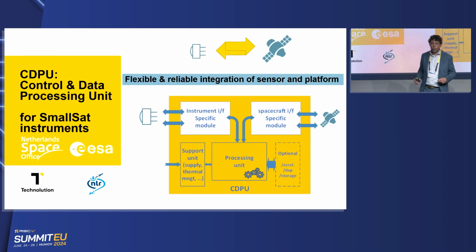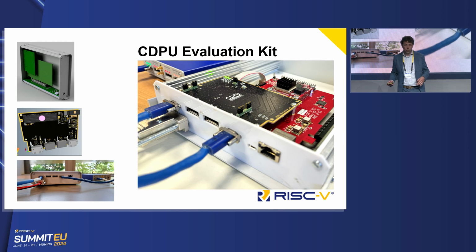Now going back to the control and data processing unit, so instrument control logic for instruments in small satellite platforms. As said, we have good knowledge about FPGA designs. We have our own RISC-V processor cores, so let's also bring those RISC-V processor cores towards space. That's what we did. We built a prototype. This is actually a lab prototype, a picture of that,